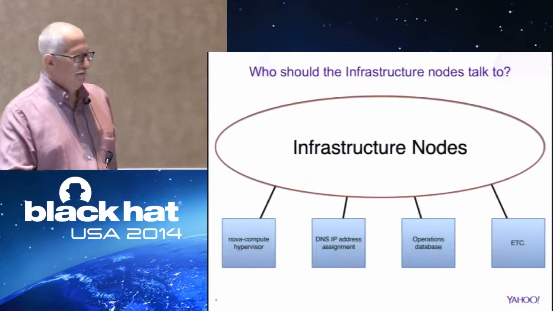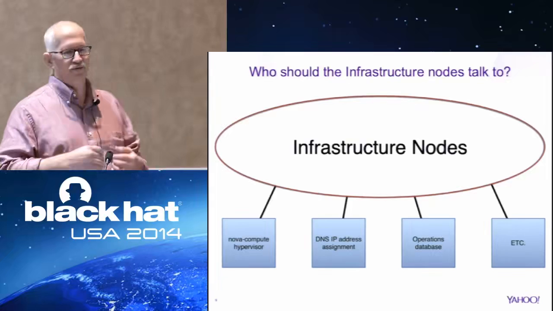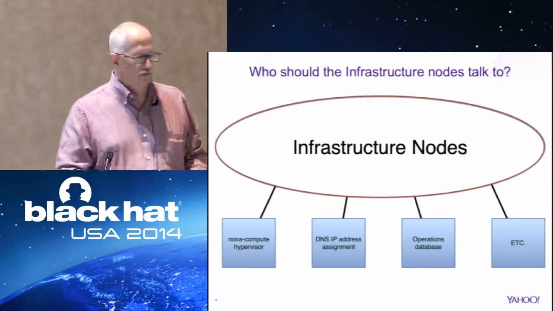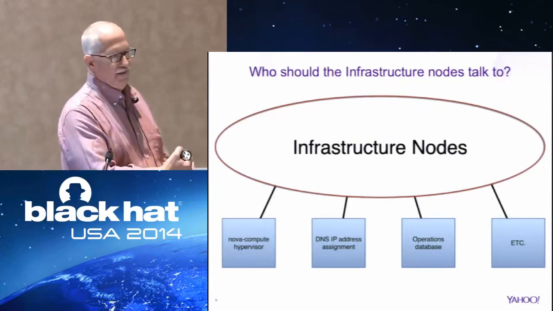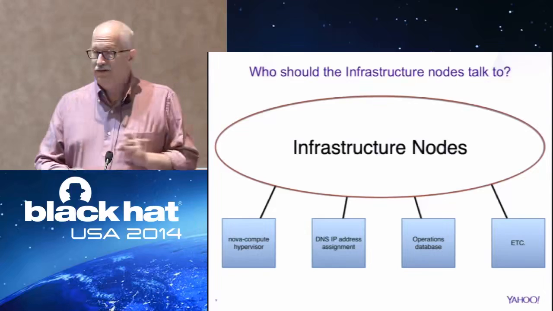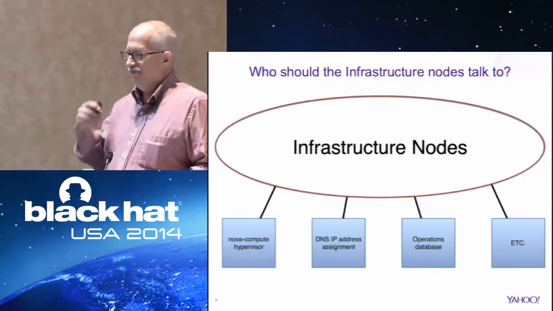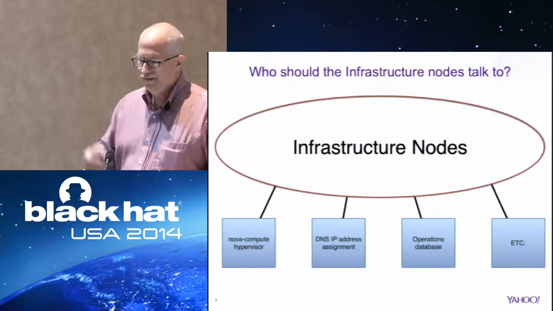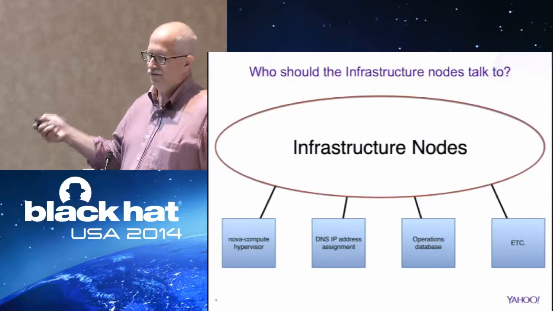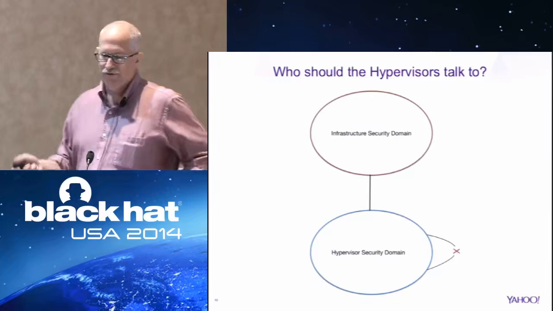Apart from the obvious connections, we're a big company. We have a lot of systems, a lot of infrastructure for managing our hosts. So we need to be able to hook into that. For example, we need to talk to the DNS database for the host domain mappings to IP addresses. We need to talk to the operations database to say who owns what. And of course, all those connections need to be authenticated and authorized and restricted so that the infrastructure nodes can only do what they're allowed to do, what they need to do, and no more.